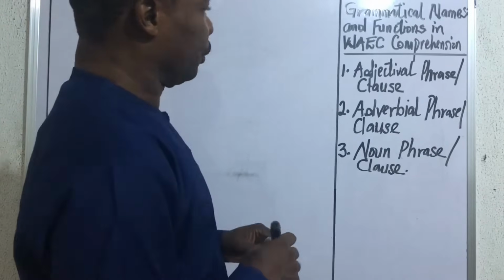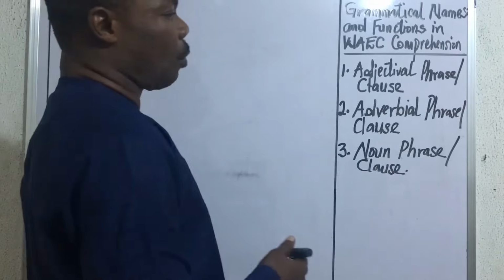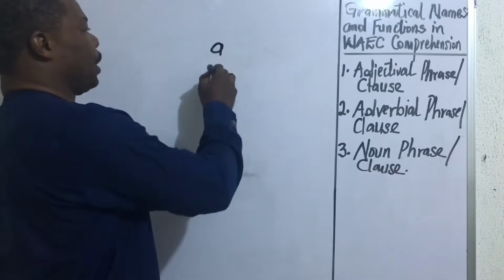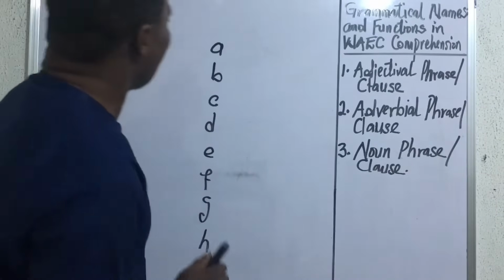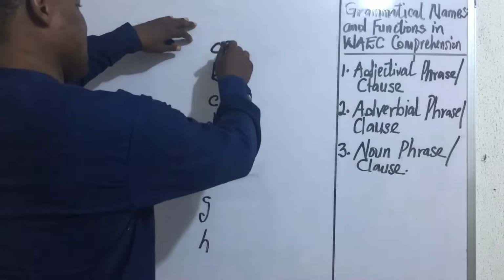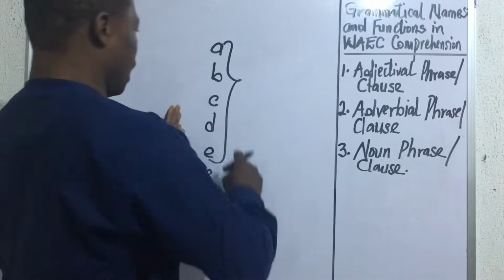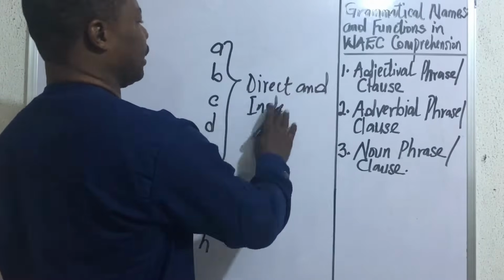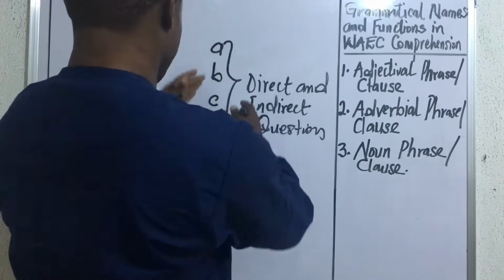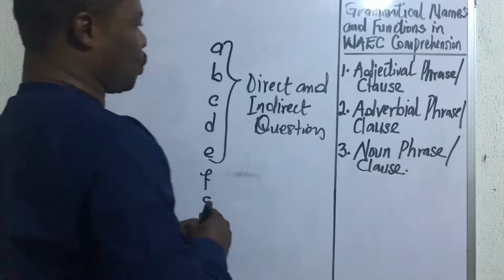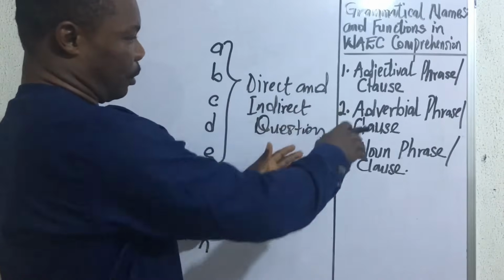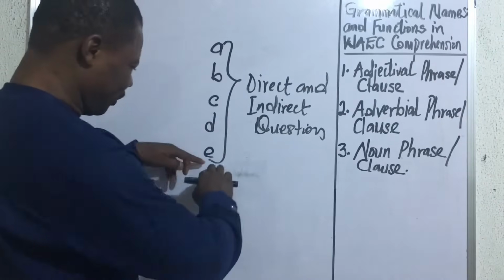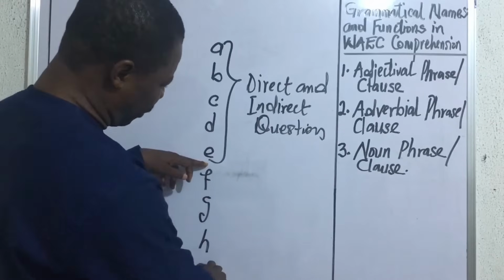In WAEC comprehension, you will normally be given questions under the passage, and those questions are numbered from A to H. Questions A to E are based on direct and indirect questions. That is, under questions A to E, you're going to be asked questions that are directly based on the story told in the passage. But today we want to focus on the rest of the questions, that is F,